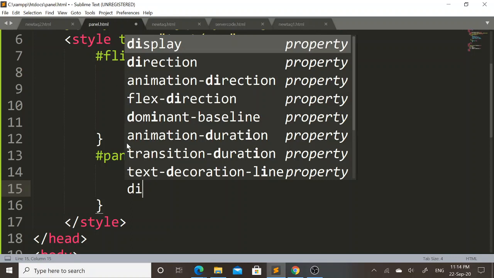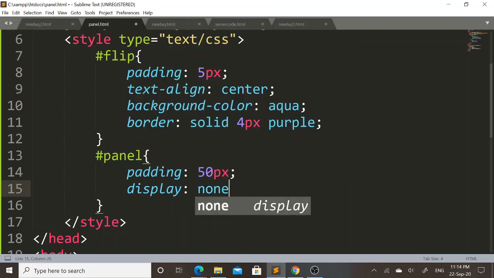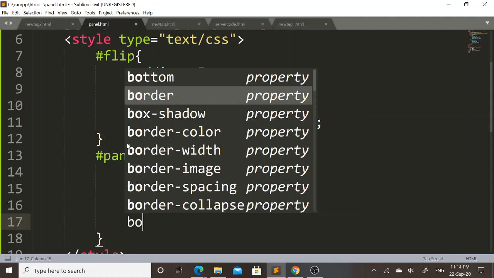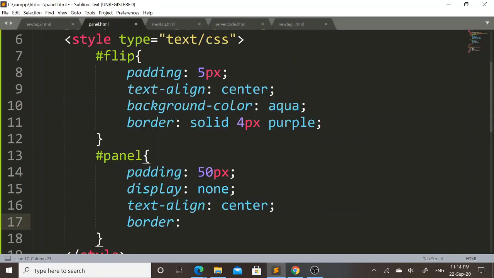Initially I don't want to display any text on this panel, so I will apply display property none. Then I will apply text-align property, that is center, and finally I will set border property, that is solid 1px, and again I will set purple color.